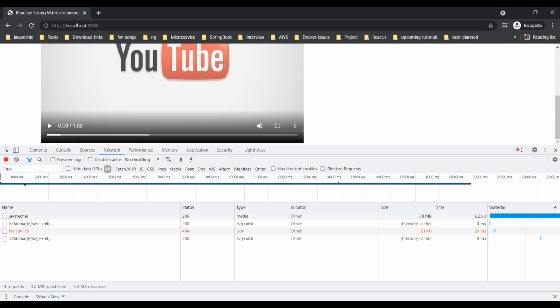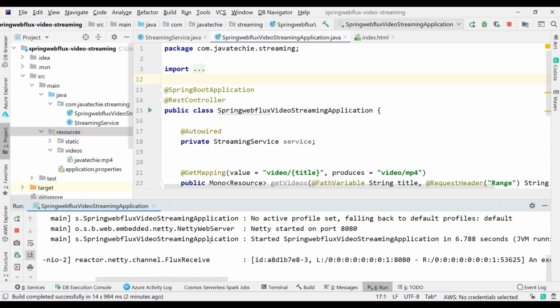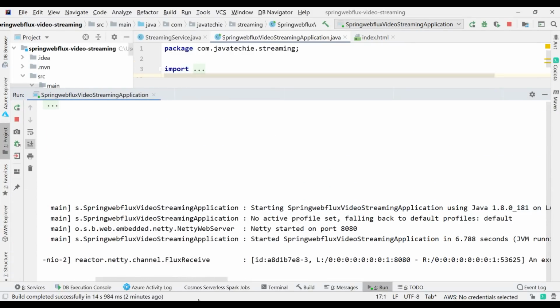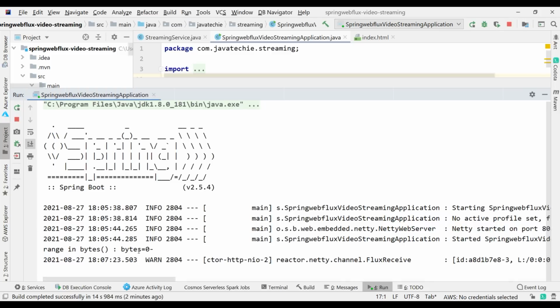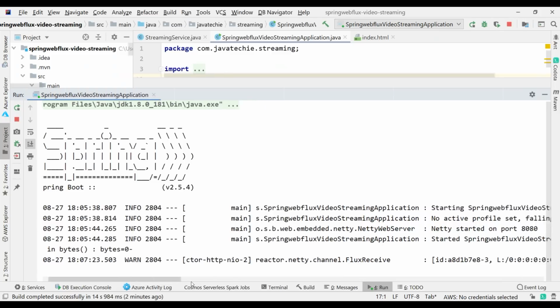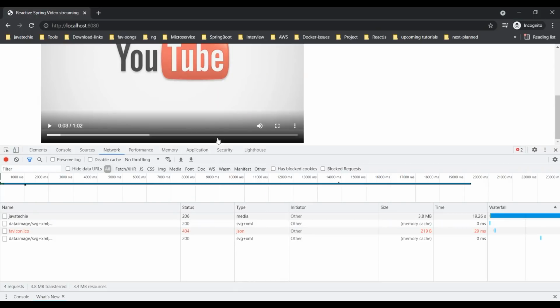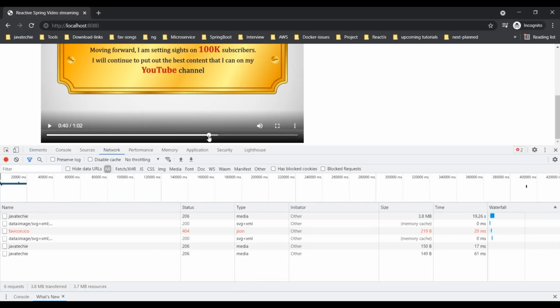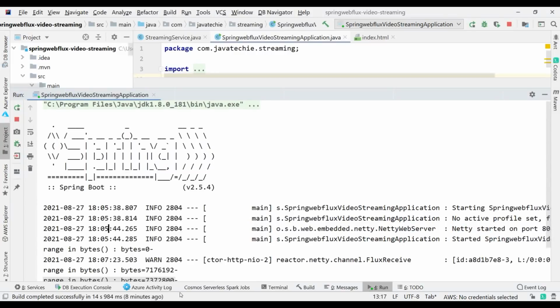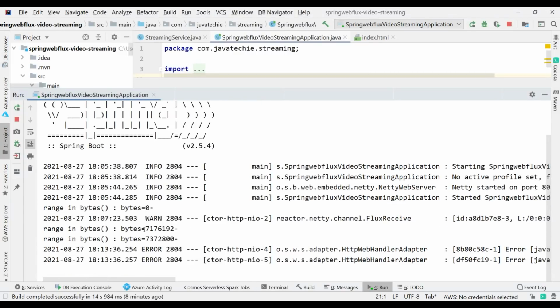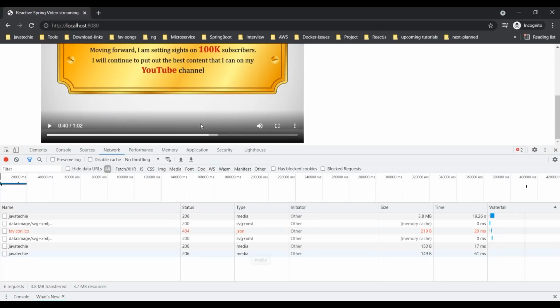So if you go to the console, you can see here. Let me check here whether I added this or not. Yeah, range in bytes 0. Initially it didn't load anything. Let's go back to the browser. Okay, I'll just click on this. Now if you observe, there are two consecutive requests with status code 206. Now again if you go to the console, yeah, you can see this byte range, right? Once I click the event on any index, then up to that it loads the bytes and it shows me the content here.